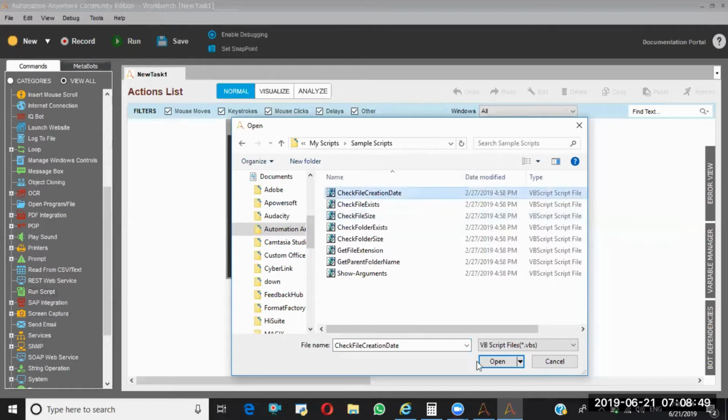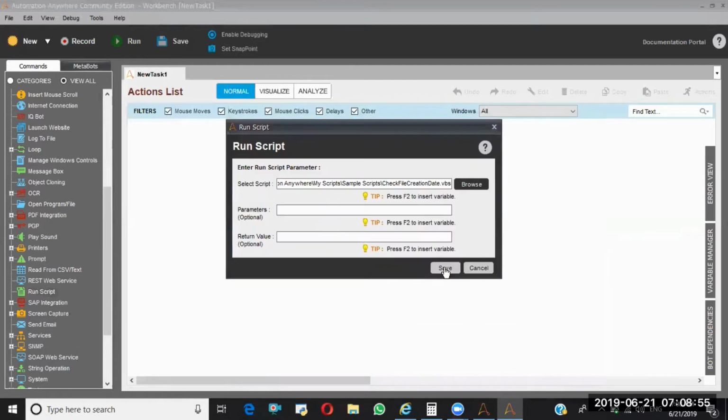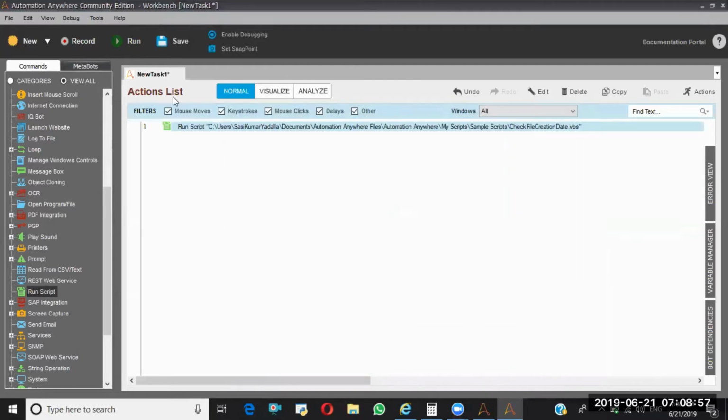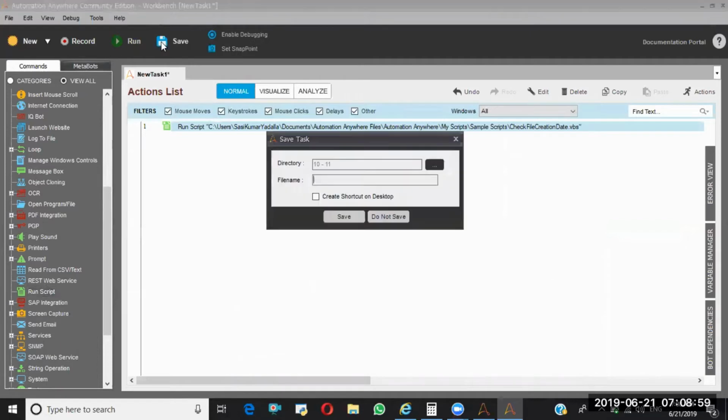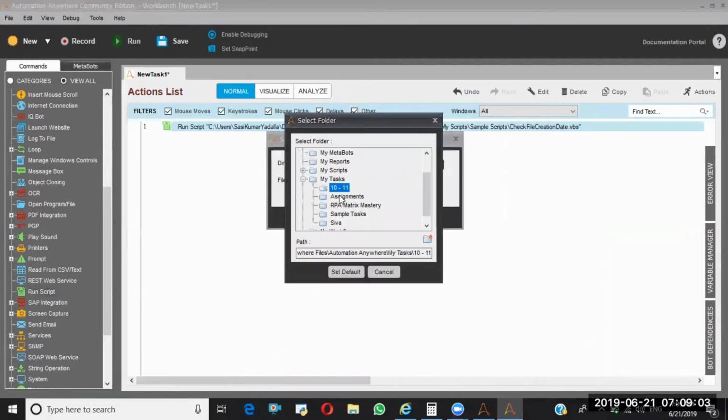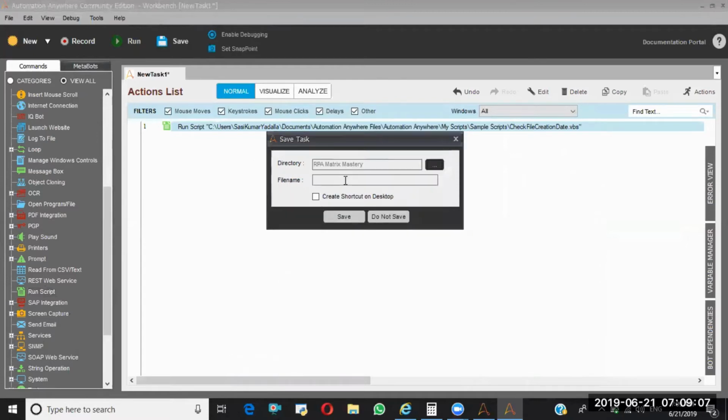I am opening this and saving this file. Here I am saying run script.